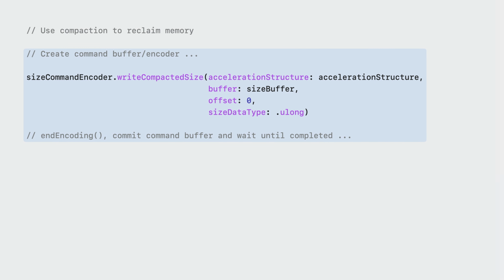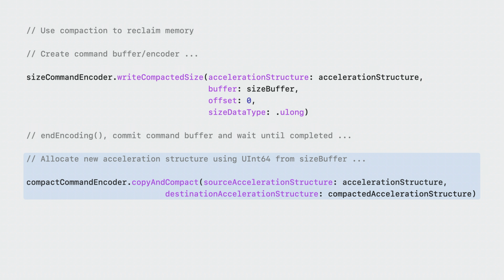To use compaction, encode a command to calculate the compacted size of your acceleration structure on the GPU. When you execute the command, Metal will write the compacted size to a buffer that you provide. Once you've read the compacted size, you can allocate a new acceleration structure with that size, and then encode a copy and compact operation from the old to the new acceleration structure.